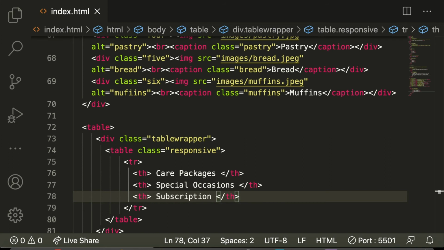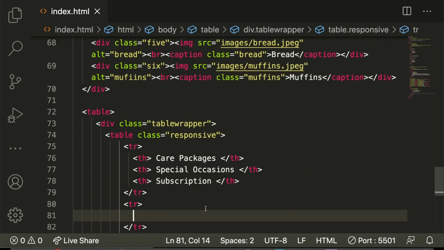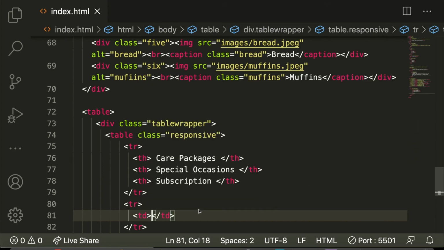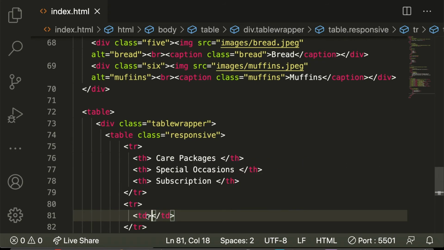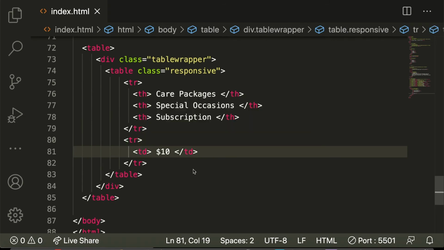So let's create. So TD, create another row. Now we created TD. So you see the TD represents a data cell. So I give it $10. But I think before the $10, we want to link the $10 to